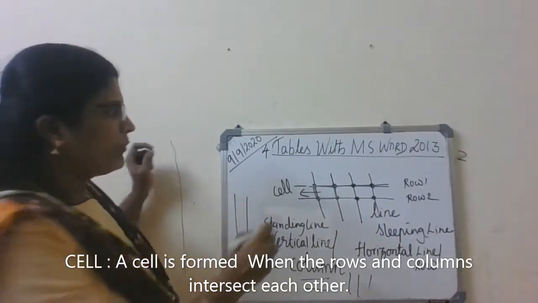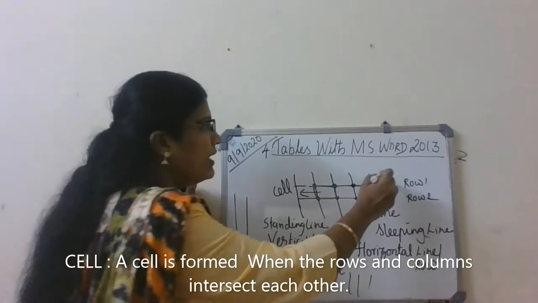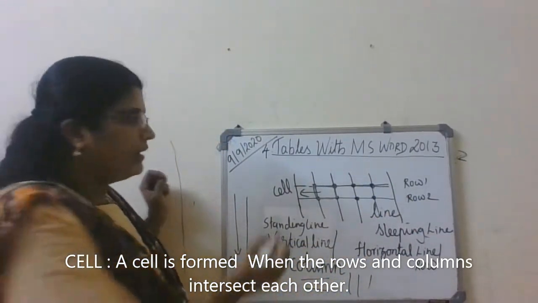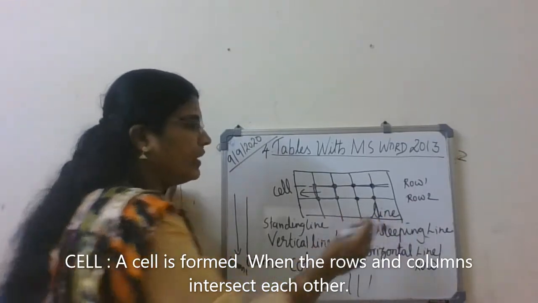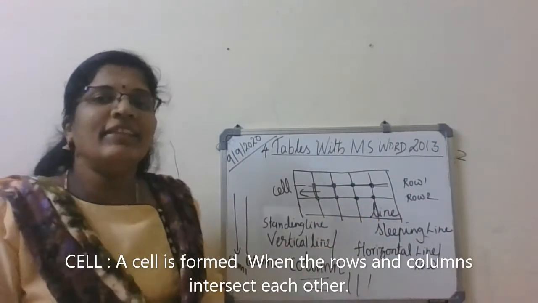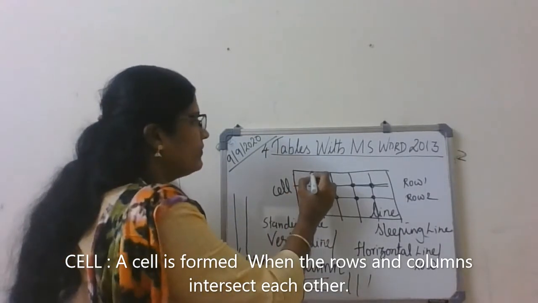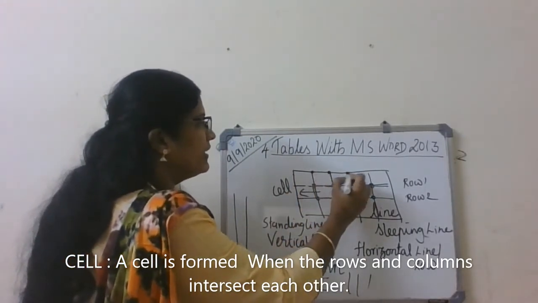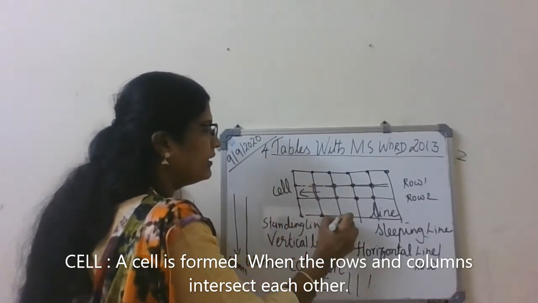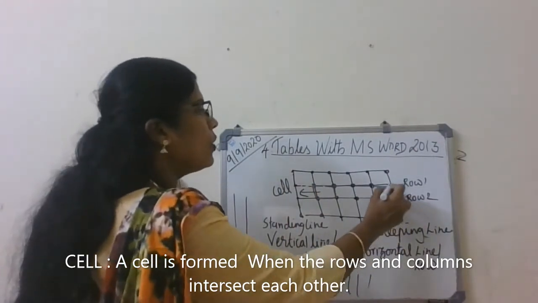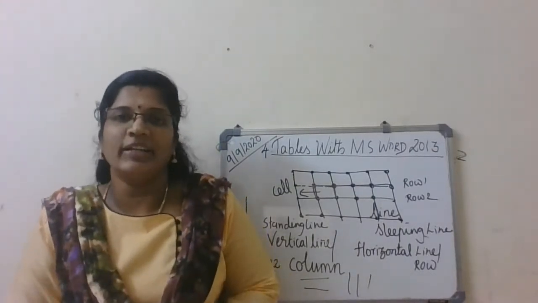Shall I make the remaining things cells? So how I'm going to make it is, I'm going to draw one more vertical line here and here also, one vertical line. Here one horizontal line. Here one horizontal line. So now you can see that so many intersecting points are here. So here is a point, here, and we have got so many cells.